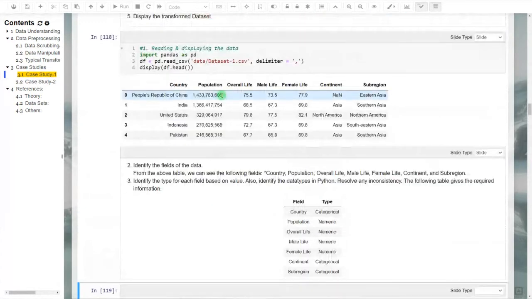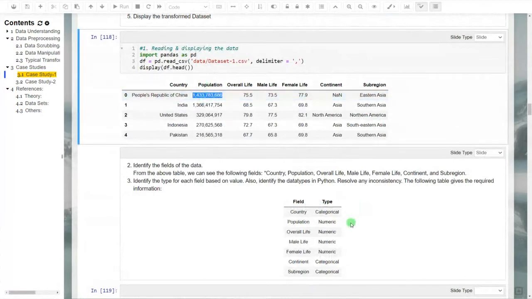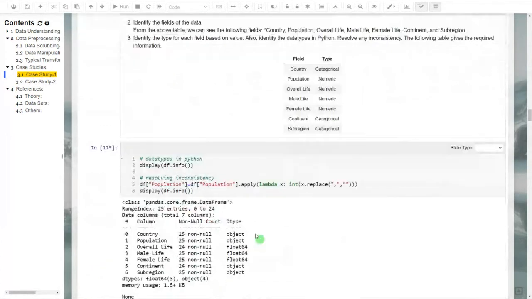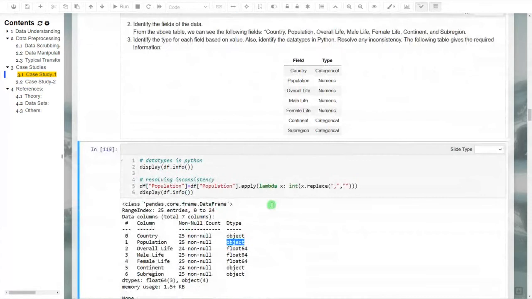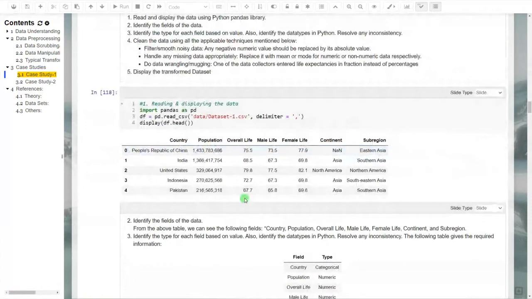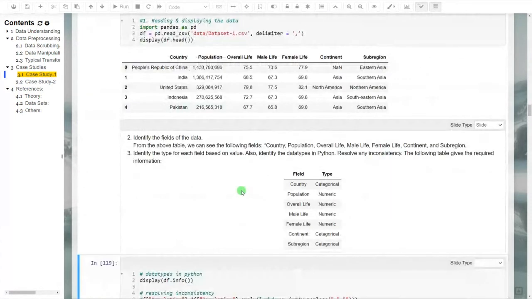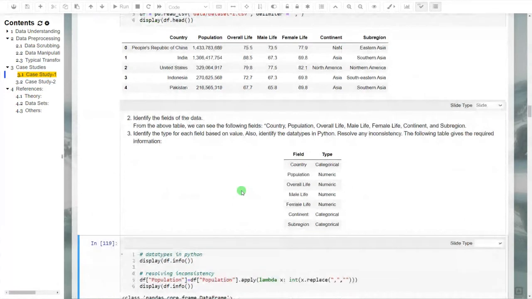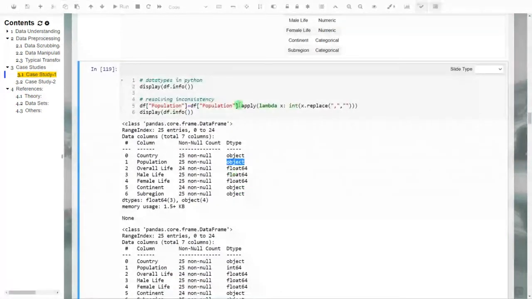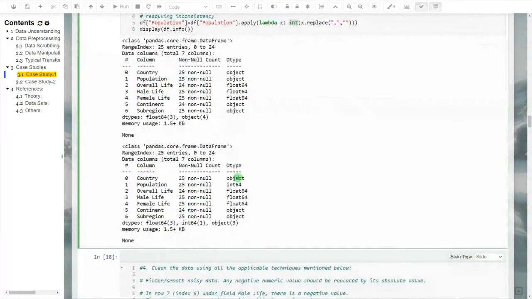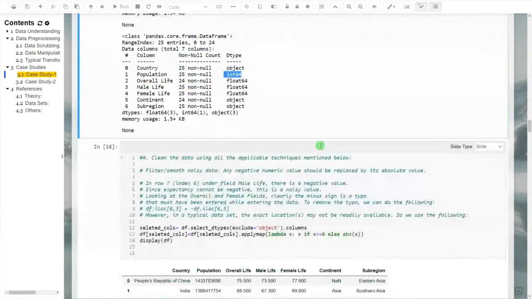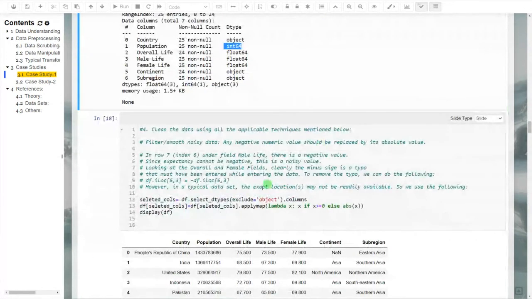The only inconsistency here was the population should be numeric, but it was read as object. Why? Because of these commas. Because of the commas, Python understood it could be a string. So we use the apply lambda approach, and then we use the int typecasting to convert from the string to integers, and then it is now int. Okay, all right, and then